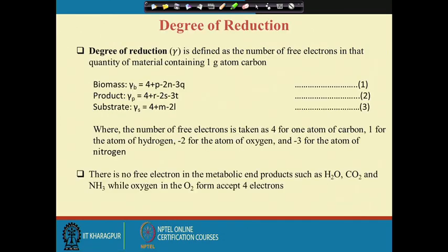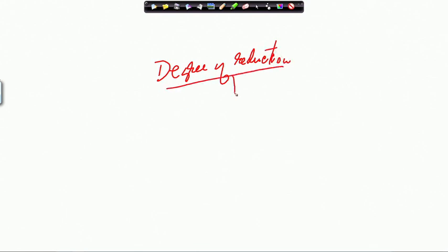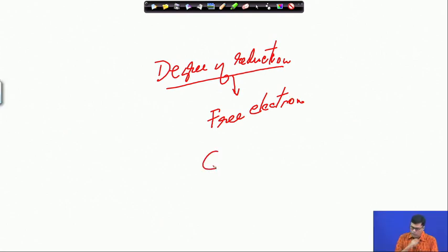Now, let me discuss the degree of reduction. What do you mean by degree of reduction? Degree of reduction is basically the free electrons present in any kind of reactant or product. Now, the question comes, how do you calculate the free electrons? Because we consider that carbon, if you look at carbon, what